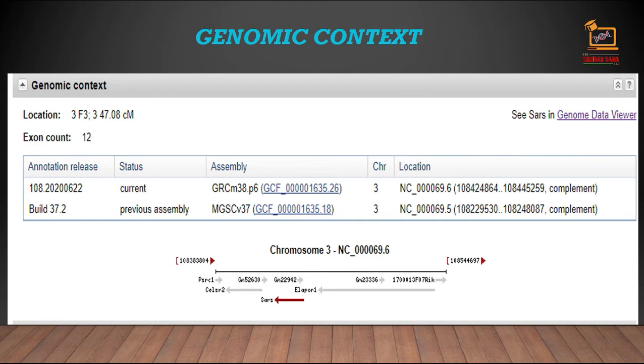This is the genomic context section, which provides information like location, number of exons, and a graphic display of neighboring genes. For genes annotated by the NCBI Eukaryotic Genome Annotation Pipeline, the annotated location of the gene on the reference assembly is also displayed in table format. For more information, a link to NCBI Assembly is also present. The sequence coordinates for the previous assembly are also listed. The number of exons represents the distinct, non-overlapping exons annotated for all the RefSeq transcripts of a gene.